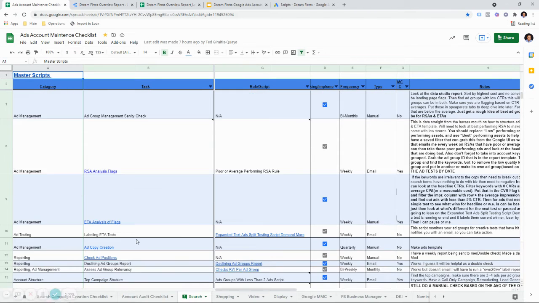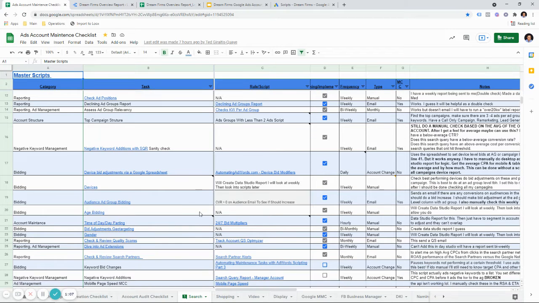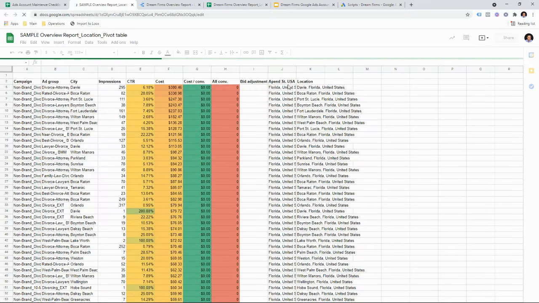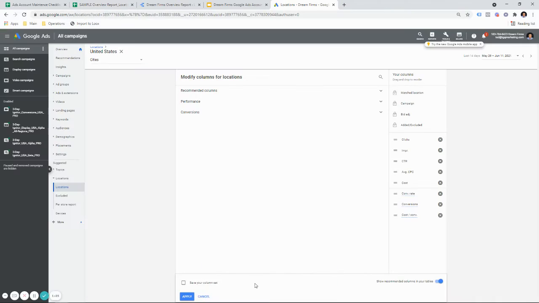So we can actually do location bid adjustments if we look inside of here. Bid adjustments, geo-targeting. So bid adjustments. All right, so your best bet to do a bulk upload for locations is to go into the UI,